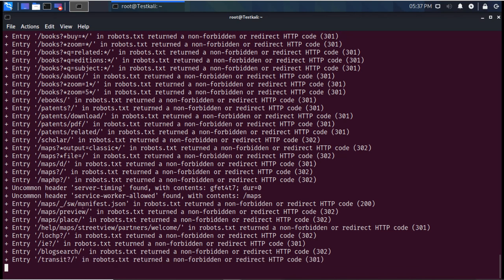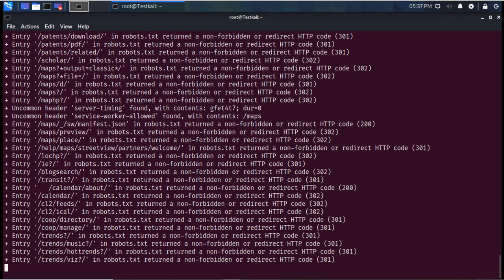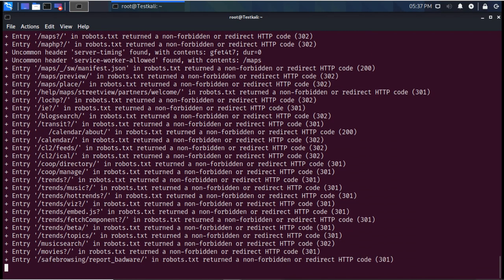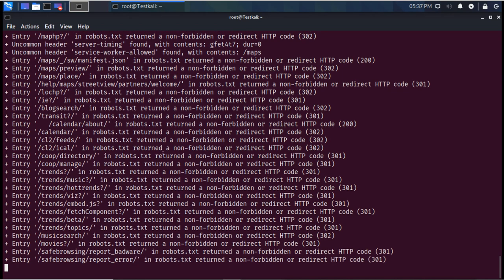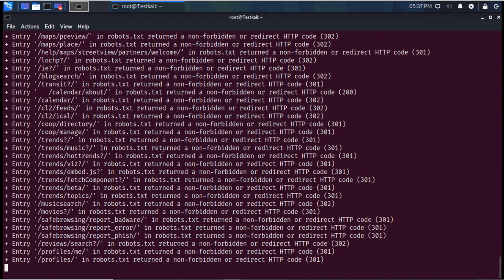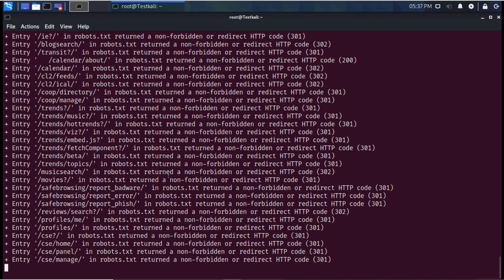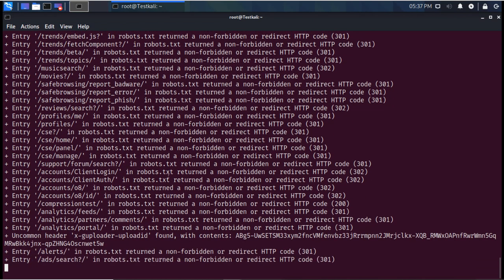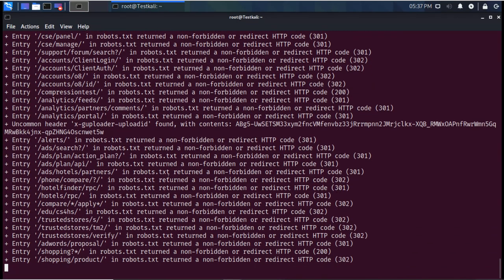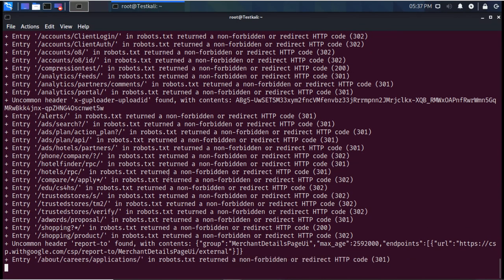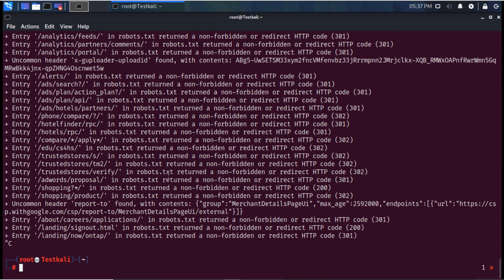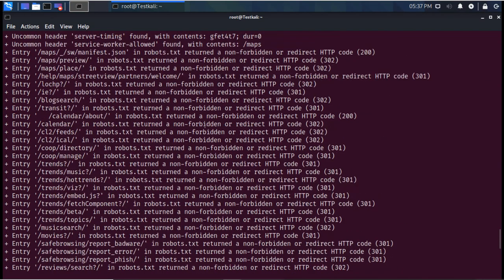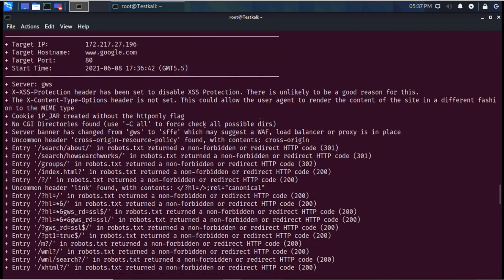Now what is happening here, if you see clearly, I will stop this and show you one more thing. Okay, it is almost done. Now what it is doing here, it has started this, and it is getting the robots.txt file there.